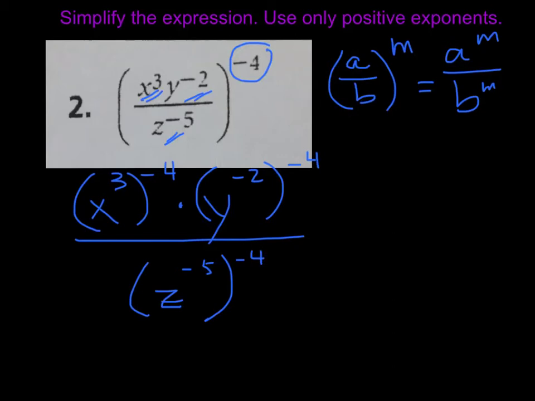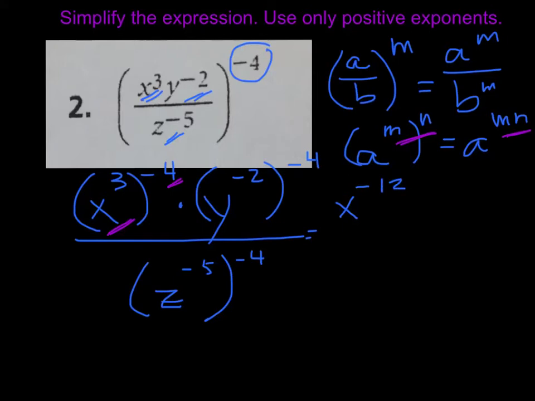Now I'm going to use the general law of a power to a power, which is known as (a^m)^n is a^(mn). So I have to multiply powers. So if you look here, multiplying the powers, my simplified case would be x^-12 times y^8 divided by